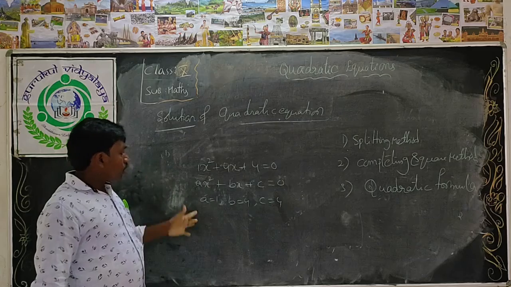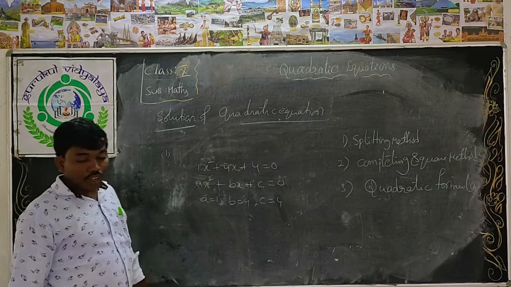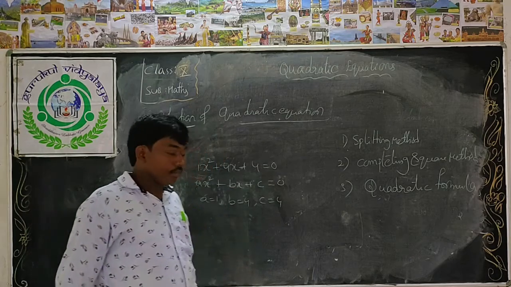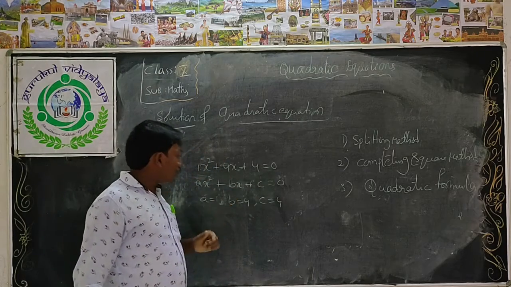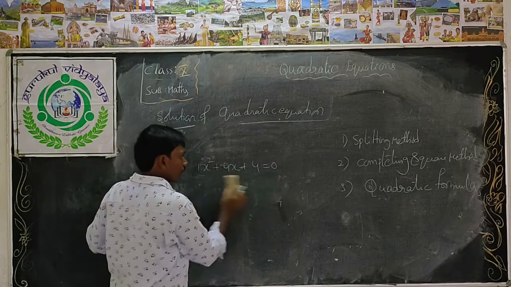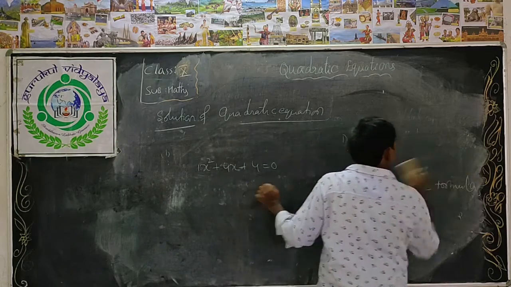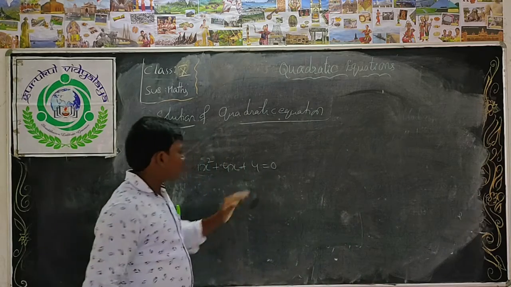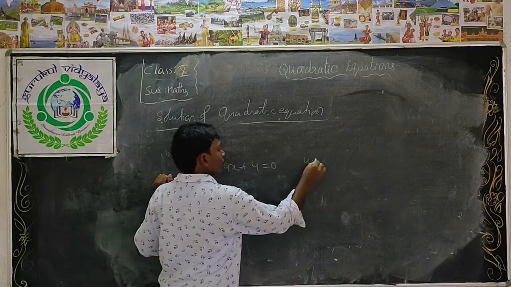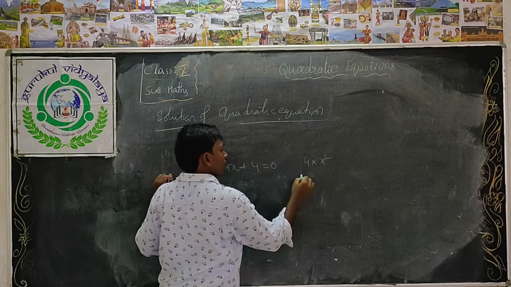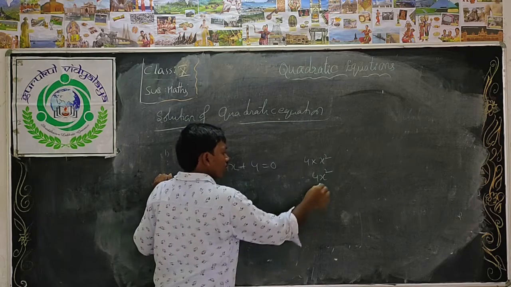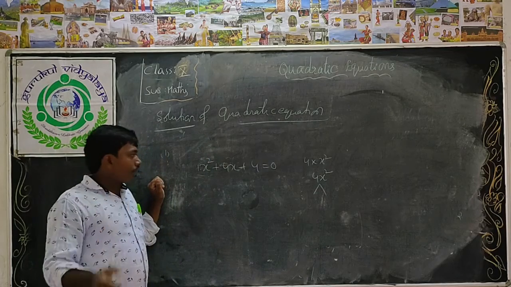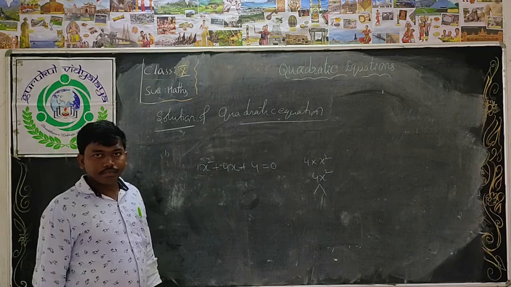Okay, children. So here, first of all, you will multiply the first term and the last term. That is ax square into c. No need to compare now. First I will tell about how to solve it. See the children, multiply the first term and the last term. That is 4 into x square, 1x square. That is 4x square. 4x square is split into two terms. The sum or difference should be 4x.